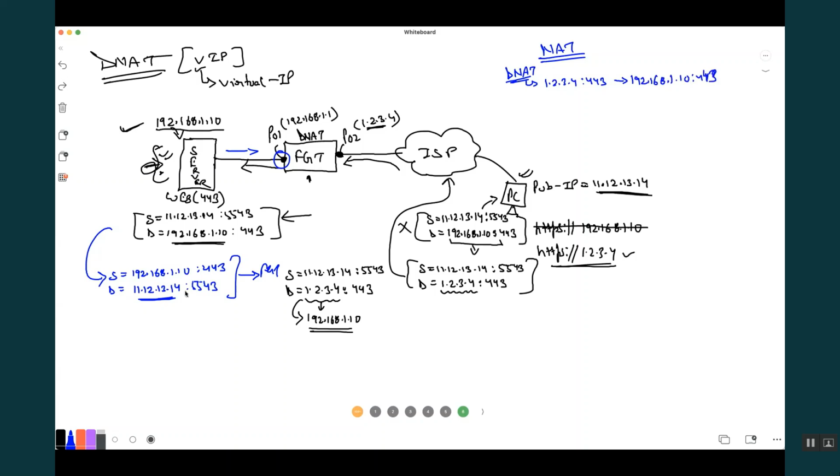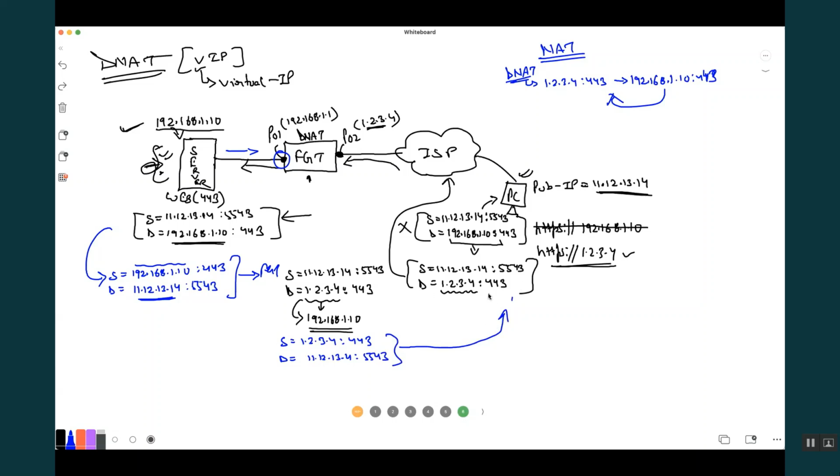So when this reply packet comes, it will do a reverse NAT and translate this IP. The source IP will be 1.2.3.4 for the end user. So the source will change to 1.2.3.4, 443, and the destination will remain 11.12.13.14, port 5543. Now this reply packet is sent to your PC.